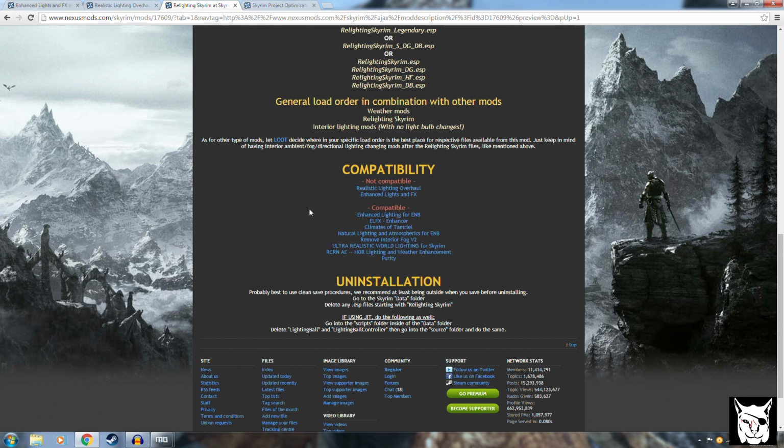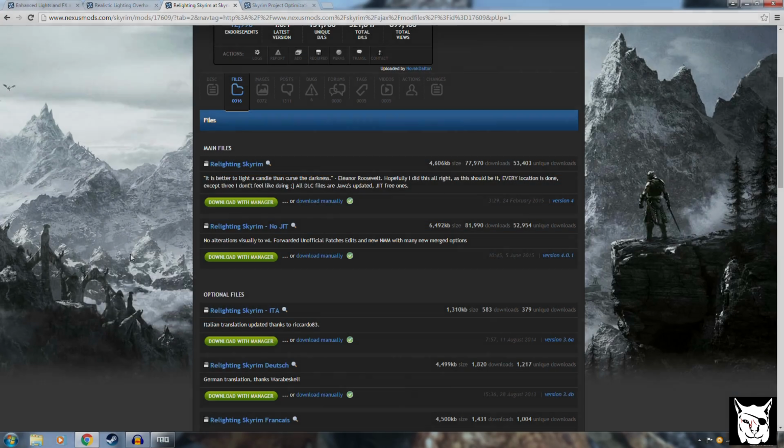scene first, then I'll do Realistic Lighting Overhaul, then I'll do Enhanced Lighting and Effects, and then I'll use the ELFX enhancer with this mod and see if we can see any difference and see which one does it best. So let's go along to Files. Now, if we don't know exactly how this is going to work, I think I'm going to download both versions. So let's do Relighting Skyrim, the smaller version,